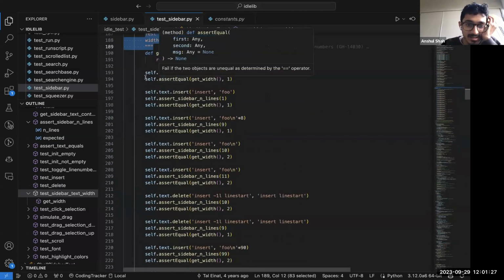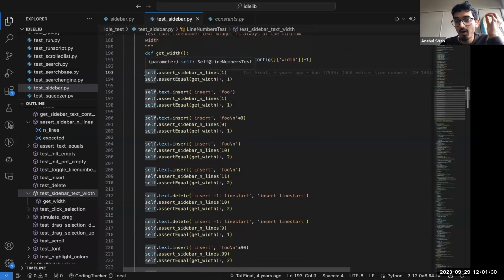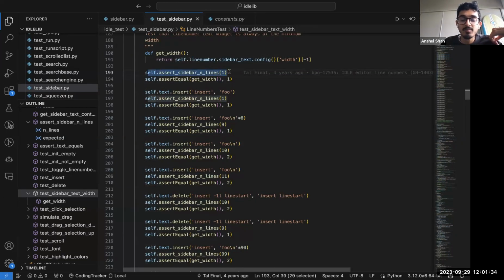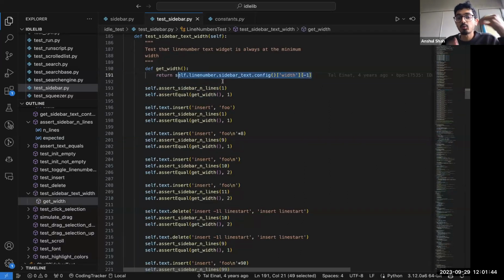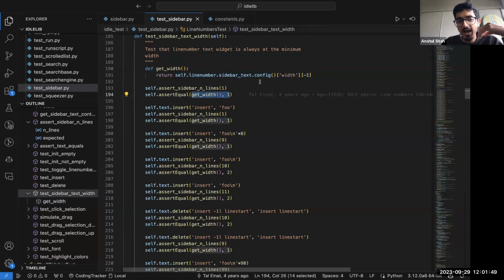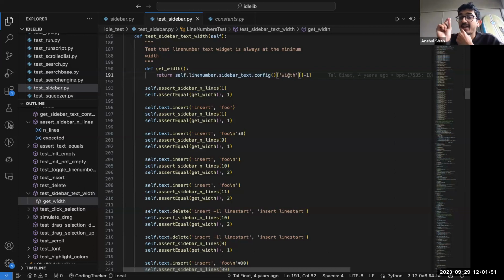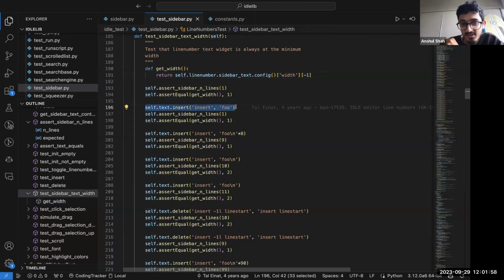And if you look at this actually, it's very similar to our demo with the breakpoints, right? Where first we want to just assert that the sidebar has a single line. And we're doing this by running this get width method, which just tells us the actual width of the sidebar with line numbers. And it should be 1. And I think what this is telling us is the number of characters that are equal to the width of the sidebar. Because even as we insert foo to the text editor, we still only have